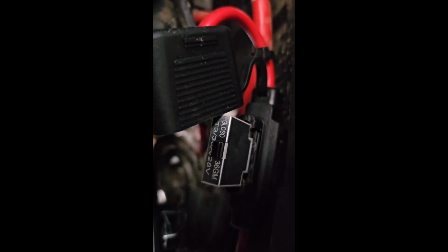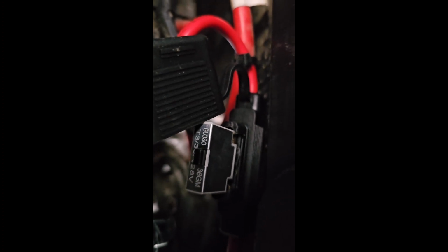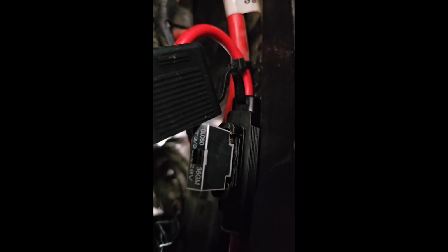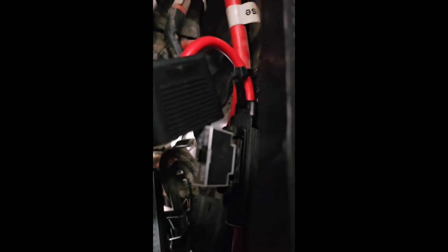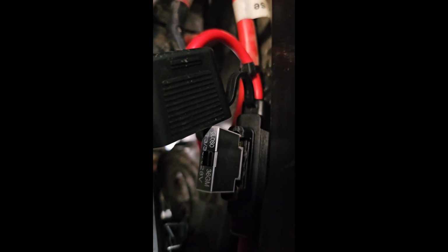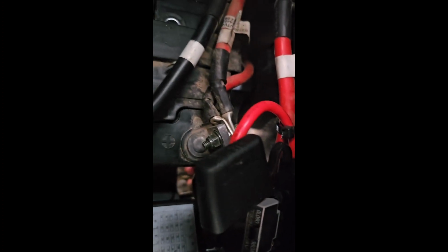So instead of being out somewhere in the desert and you trip a fuse and you're trying to swap it out and you don't have one, I figured a breaker might be good. A lot of boats normally use breakers, especially when you have them wired into radios. So I used the 8-gauge wire dedicated from the battery, and I traced